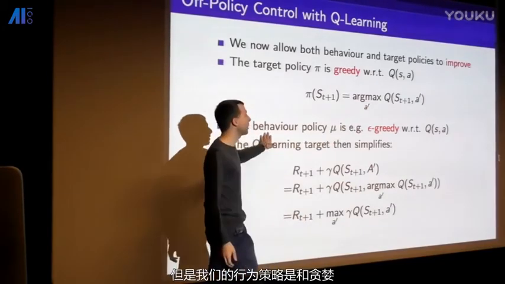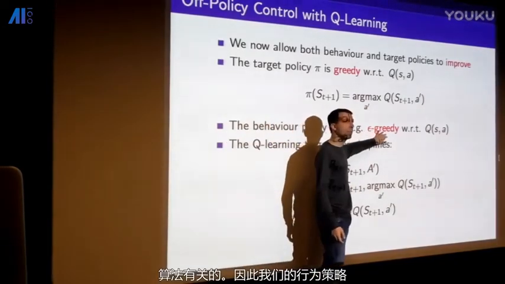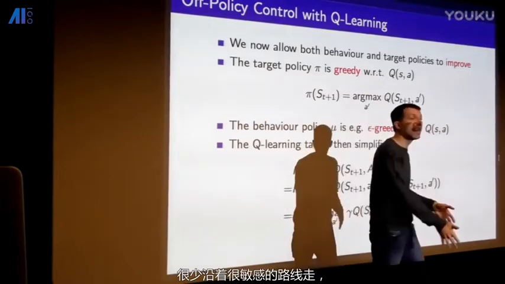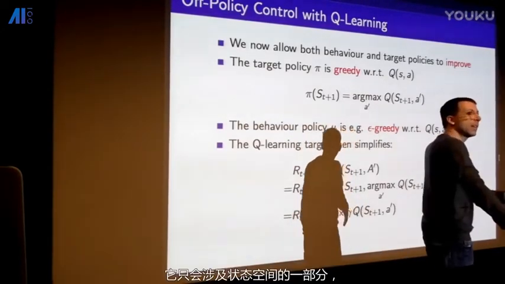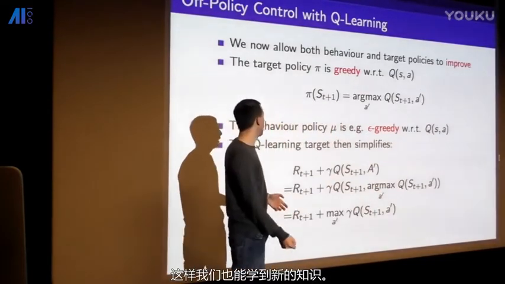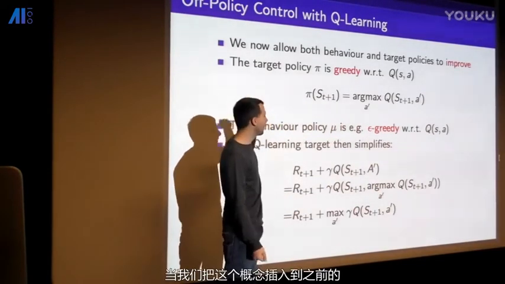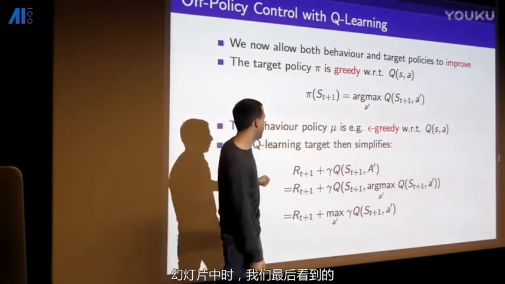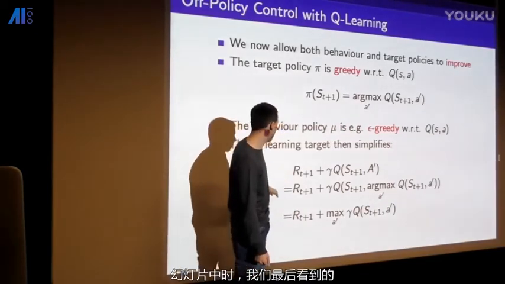But our behavior policy is going to be epsilon-greedy. So our behavior policy is roughly going to follow sensible things to get us to good parts of the state space, but it's going to explore a little bit as well to make sure we get to new things as well. And when we plug this in to the previous slide, we basically end up seeing that,